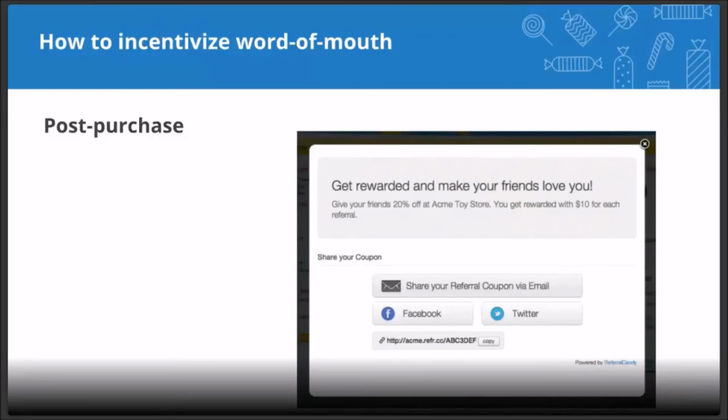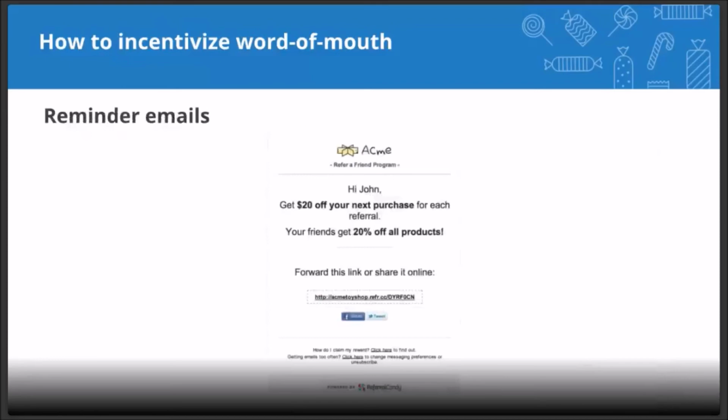If you had an amazing experience at an online store, if you had an amazing experience at a restaurant, you are going to recommend that to your friends and family. So the recommendations are there. So it's all about making sure that your customers remember that they can recommend you, and that there's something that they can benefit from, both your customers and their friends. And also reminder email. So make sure that you email your customers after their purchase, remind them that they can join your referral program and they can still benefit even after they made their purchase.